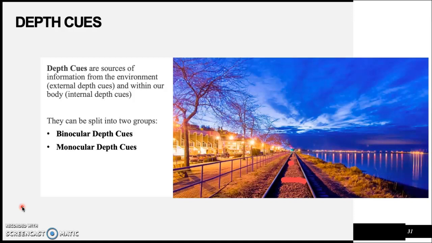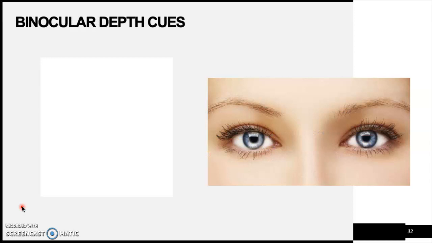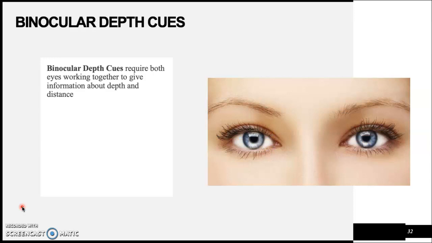So binocular, think about binoculars that you use to look at things from far away. You're using two eyes. Bi meaning two. Ocular meaning eyes. Monocular, mono, like a monorail, is one. So mono means one, so it's one eye depth cues. So two eye depth cues and one eye depth cues. So looking at our two eye depth cues, it requires both eyes working together to give information about depth and distance. So we're looking at convergence, retinal disparity,